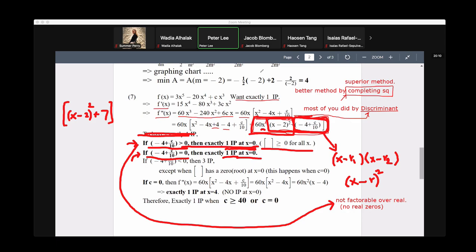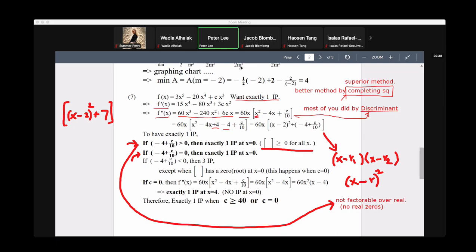And now the third case is, as most of you figured out, the case when this guy right here is actually less than 0. So what happens if this guy right here is less than 0? Let me erase this stuff here so we can see better. So again, if minus 4 plus c over 10 is less than 0,